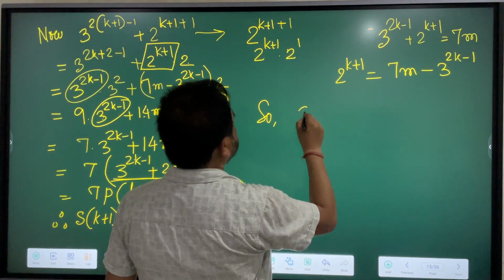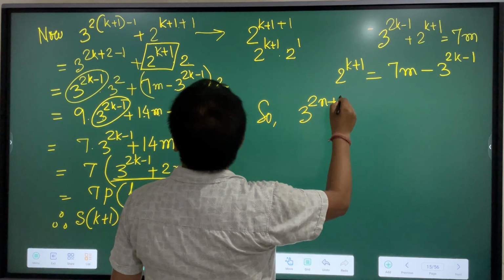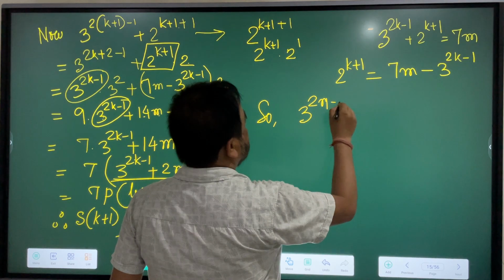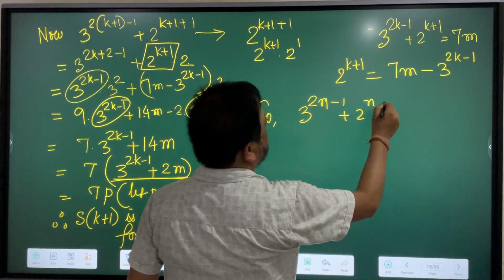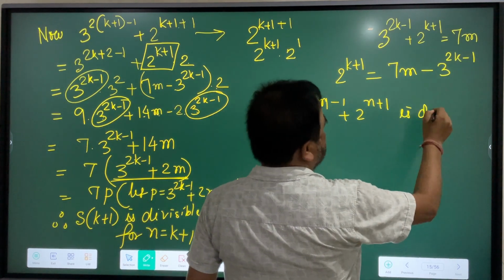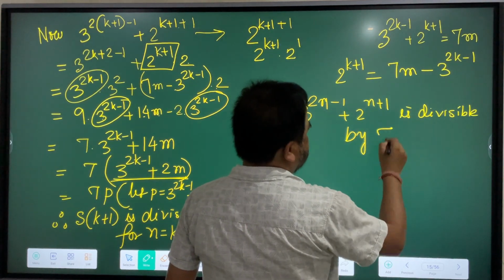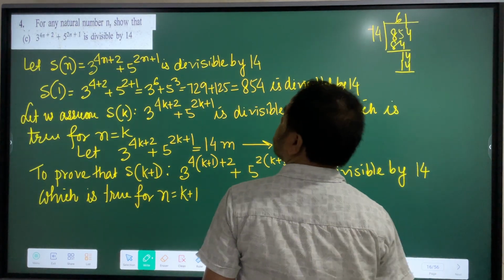2 to the power 3 to the power 2n minus 1, sorry, 2 to the power n minus 1 plus 2 to the power n plus 1 is divisible by 7. Now divisible by